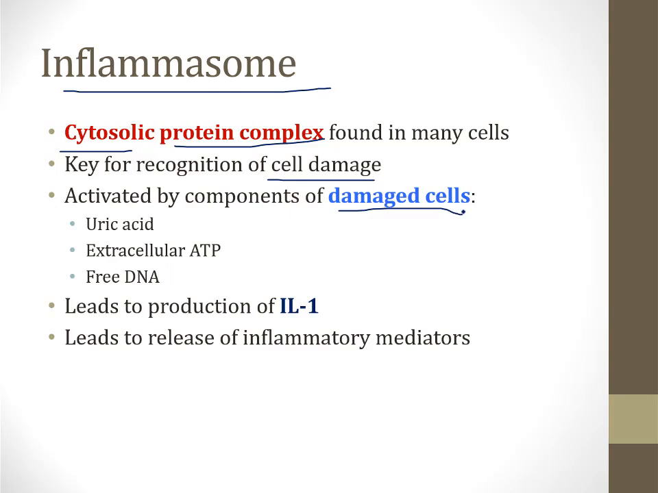Some of the components that have been best described include uric acid, extracellular ATP, and free DNA. So if these things are floating around in tissue beds when they shouldn't be, the cell will recognize it through the inflammasome, and that will trigger acute inflammation. What happens is the inflammasome, when activated, leads to production of IL-1, and this is released, and that triggers the release of other inflammatory mediators from other cells, and thus through the inflammasome, anytime there's tissue damage, acute inflammation can